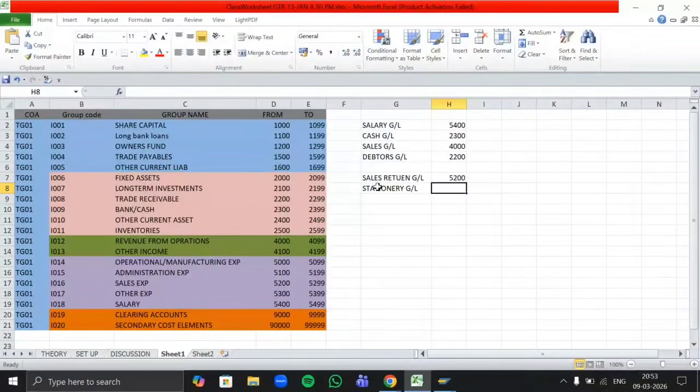Expenses, other expenses. Expenses, but under which expense? Other expenses. Yes, anyone else? Why do we need to create under other expense? Because of the direct expense. Indirect expense. I mean direct expenses.